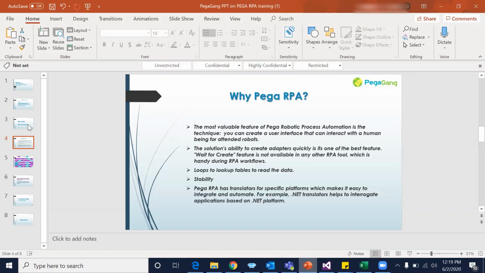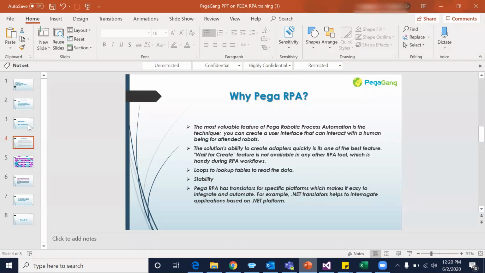Object level means it's not a recording feature. What it does, it goes to the application, it creates each and every object that is there inside the web page or Windows page. So that means it's not a kind of hard-coded solution. It's not a kind of recording feature. What it does, it creates the object, and by creating the object, you can play around with them. You can play with those objects. You can build your own logic. You can build your own dynamic logic.